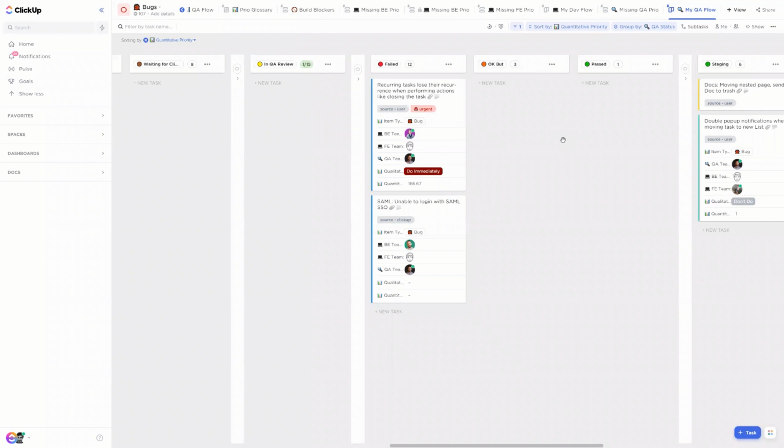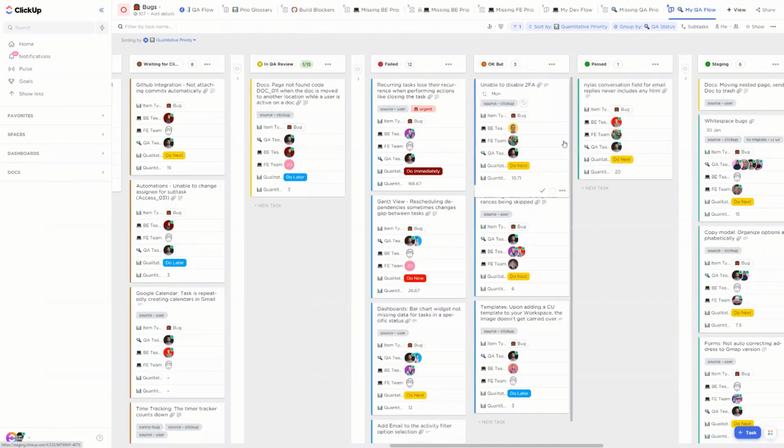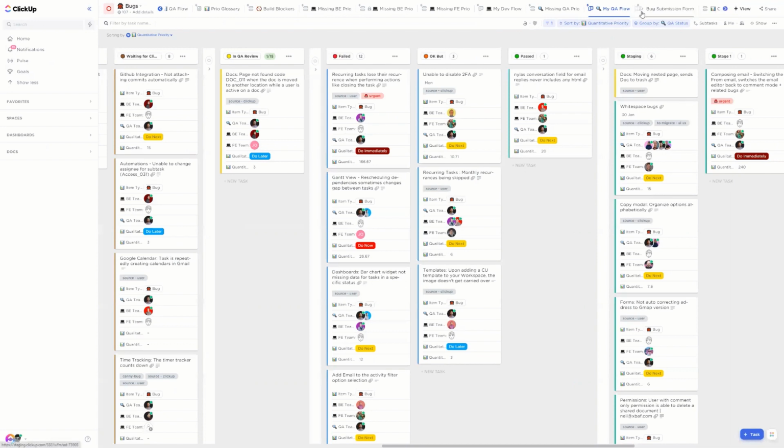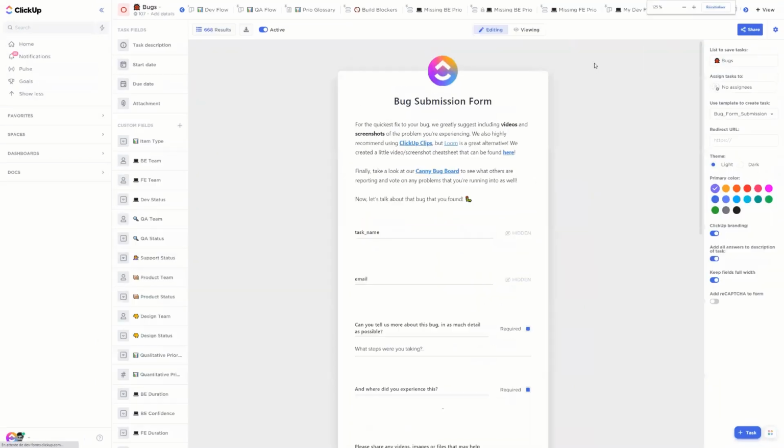The last element we needed to ensure the system would work was to have a fully integrated bug intake process so that our users could submit their bugs. So in order to achieve this, I can scroll down a bit and take my bug submission form. Nice. So as you can see, we built a form directly within ClickUp through a very easy drag and drop of the fields that we mentioned before. So you can drag and drop them,